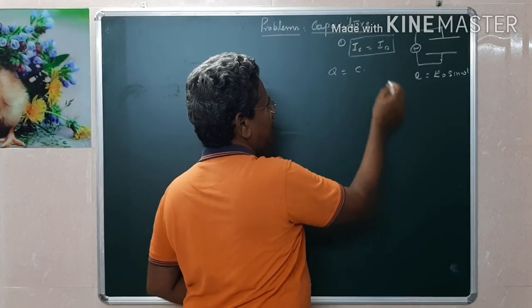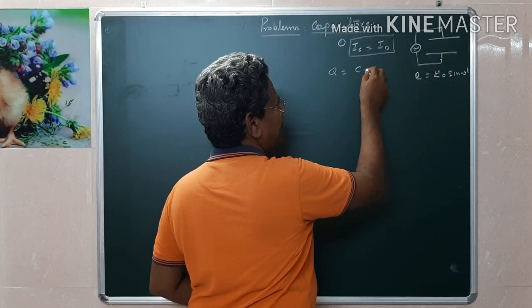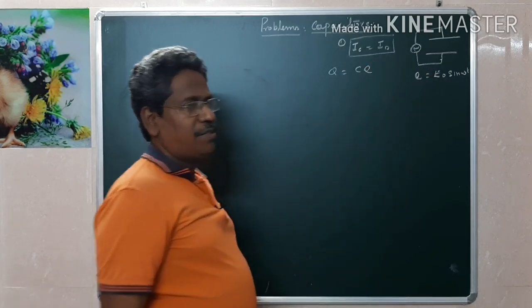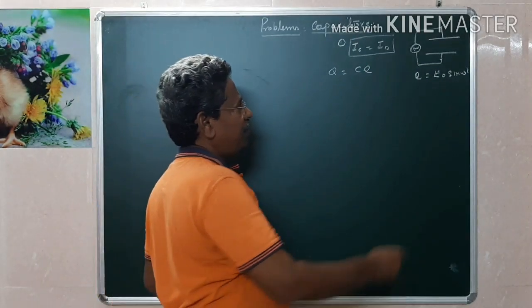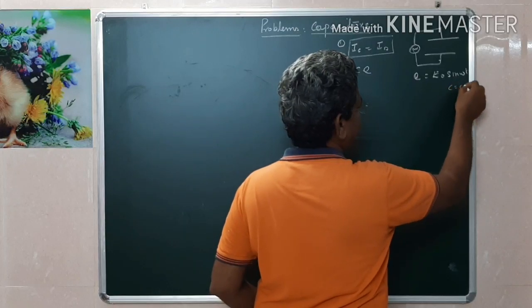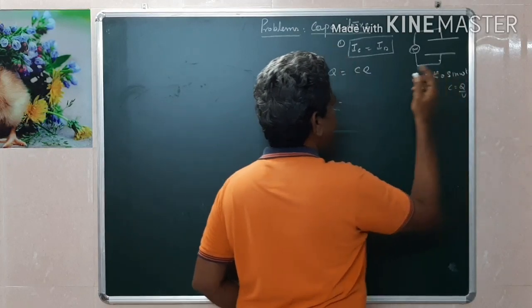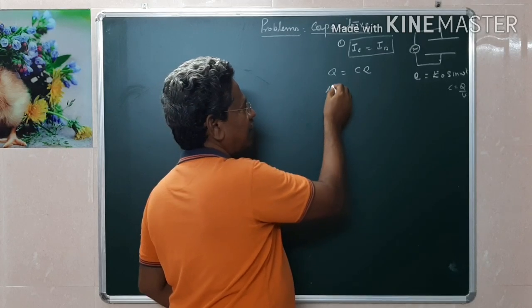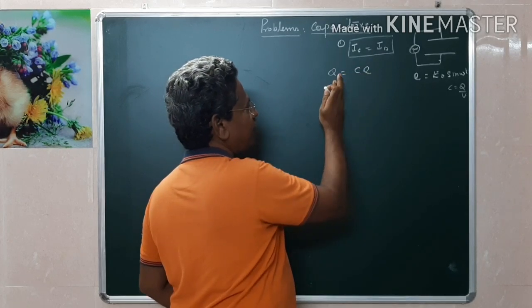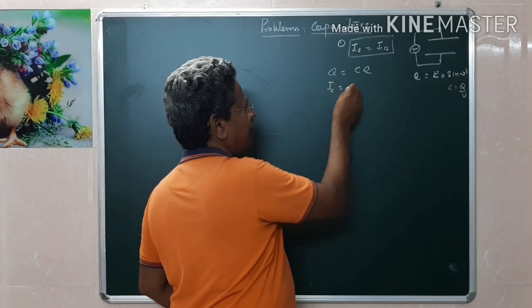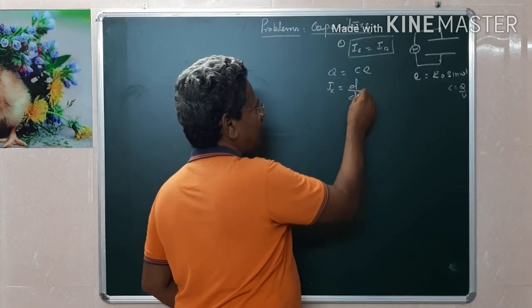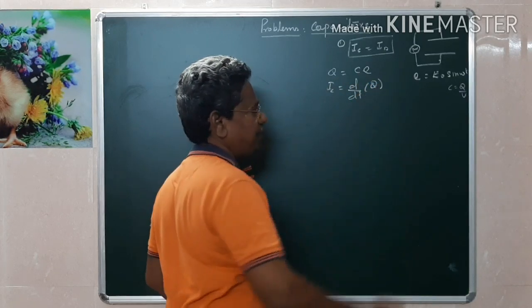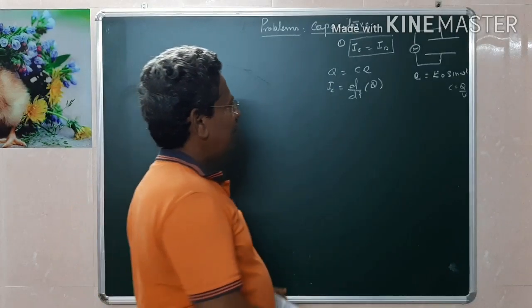capacitor is equal to C into battery voltage. Here the battery is E. So Q is equal to CE. Our basic equation we know, C is equal to Q by V, and here instead of V it is E. Therefore, if I know the charge, then I can find out the current. I is equal to, this is the current due to charging, so we can write I of C, is equal to the rate of flow of charge, dQ by dt. That is all. This is a mathematical equation.